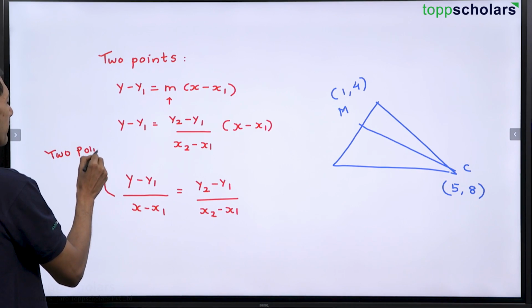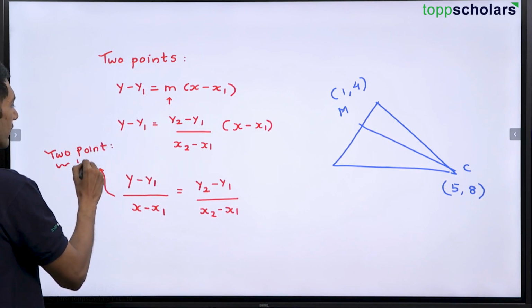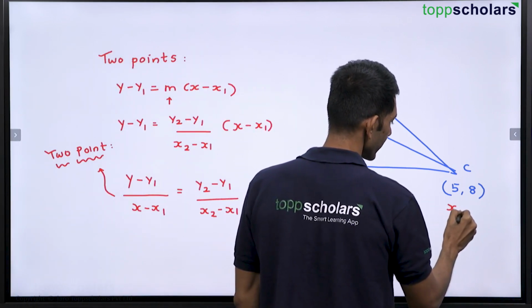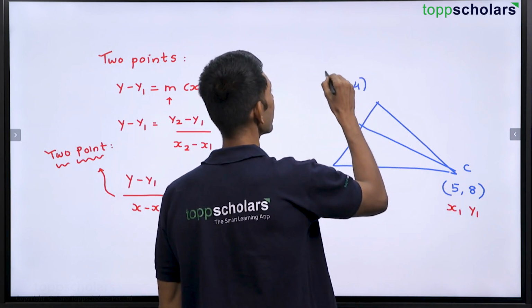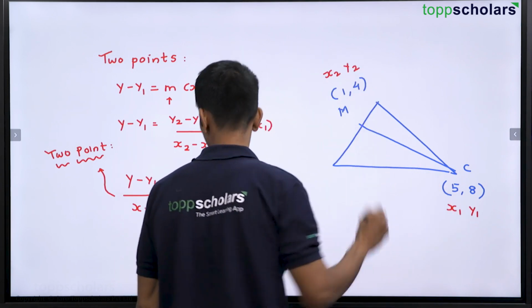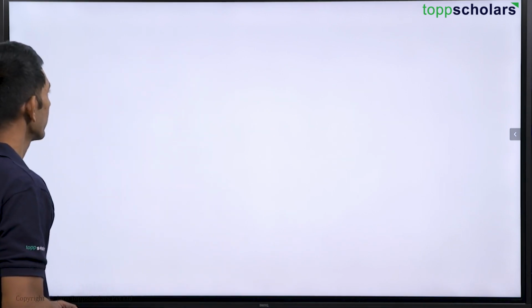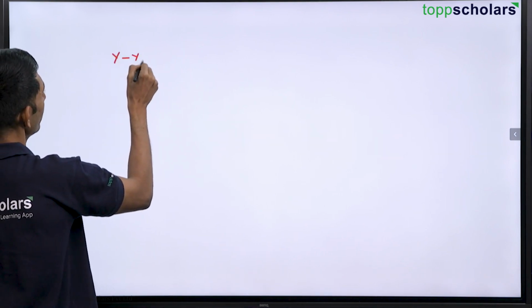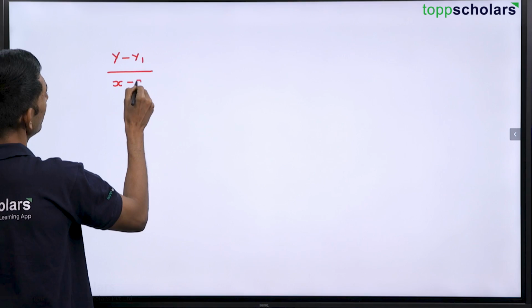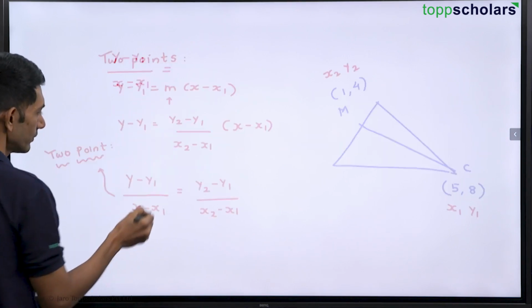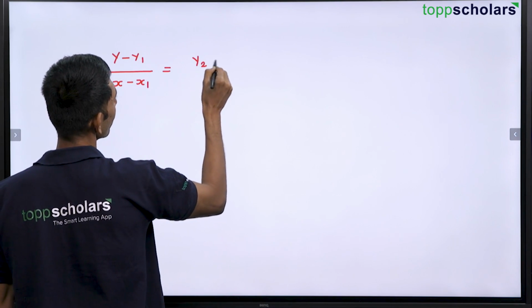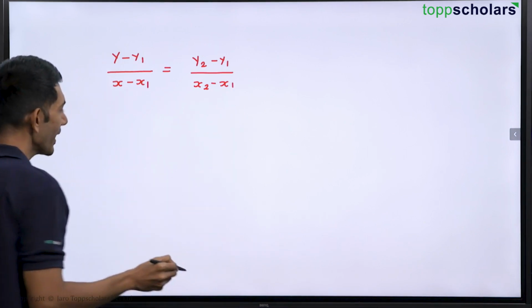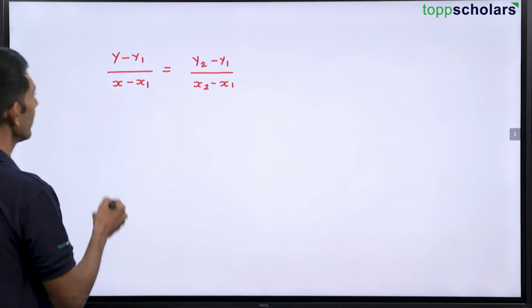Now 2-point form helps you to write down the equation of a line. So what you can do is you can take one of the points as x1, y1. So this can be considered as x1, y1. This can be considered as x2, y2. And this is the formula, correct? So what is the formula? Y minus y1 by x minus x1 is equal to y2 minus y1 by x2 minus x1. So y minus y1, that is y minus 8